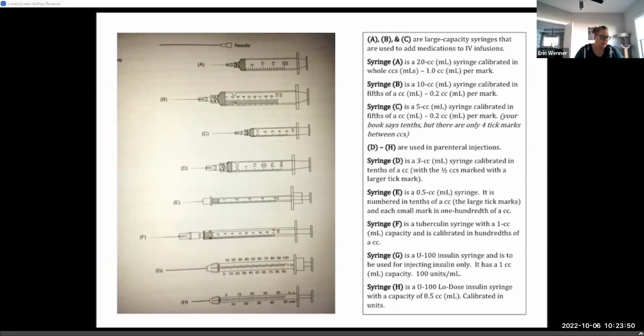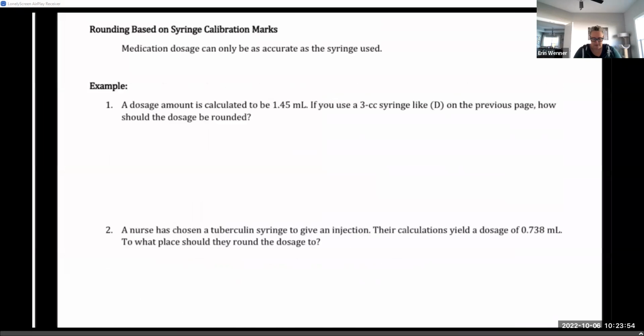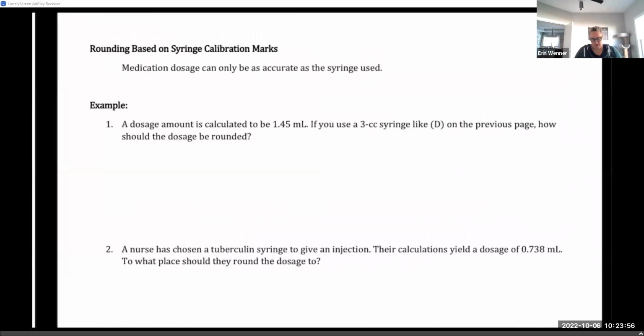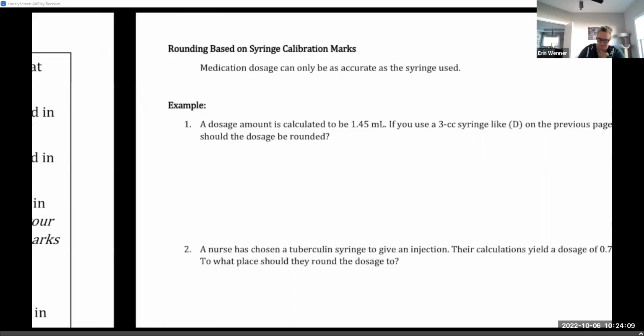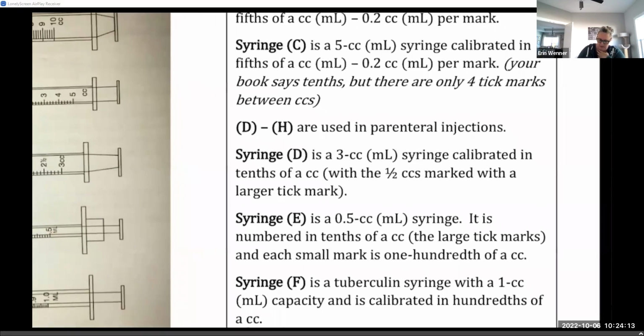So medication dosaging can only be as accurate as the syringe that is used. A dosage amount is calculated to be 1.45 milliliters. If you use a 3 cc syringe, like D on the previous page, how should the dosage be rounded? If we look at syringe D, it is a 3 cc syringe, and it's calibrated with tenths of a cc. So syringe D is only accurate